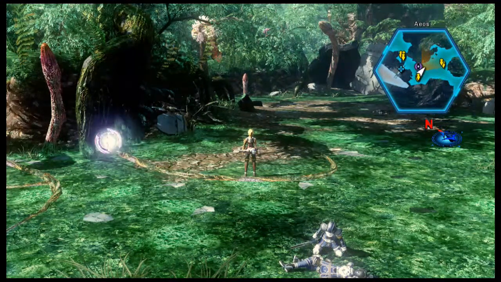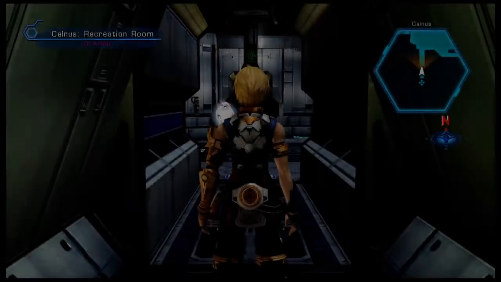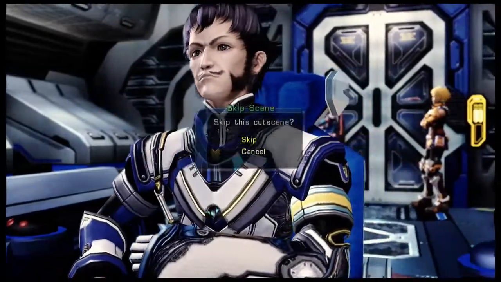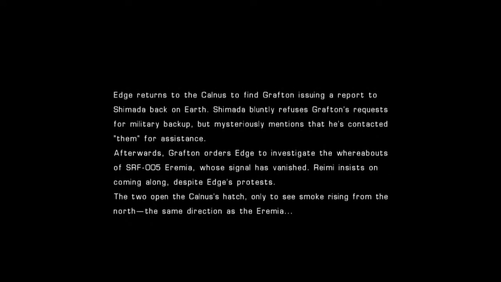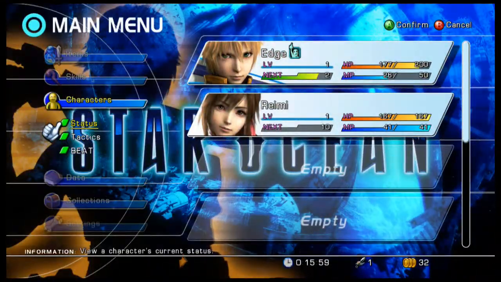Let's see. I gotta go back in here. And you'll have to speak to Commander Grafton. Like I said, I'm going to skip a bunch of these cutscenes. He just wants you to go out and check stuff and see if you can find the other ships that crash landed. Now we have Raimi, and I'm going to switch to Raimi